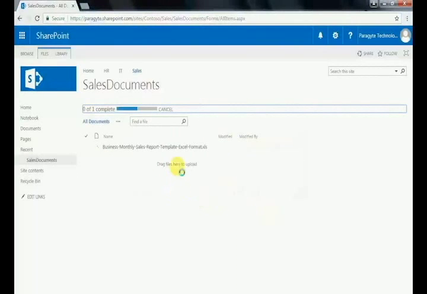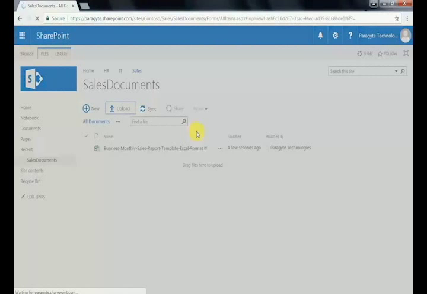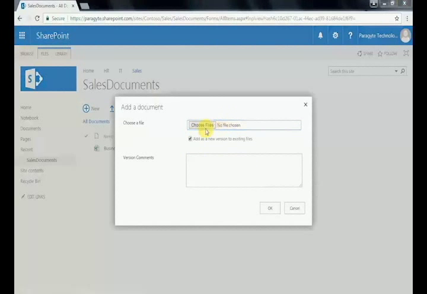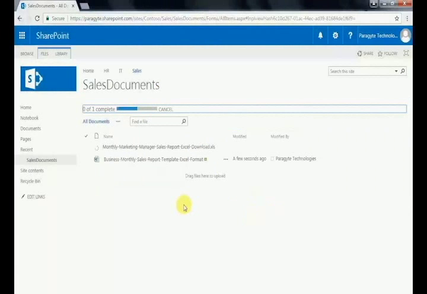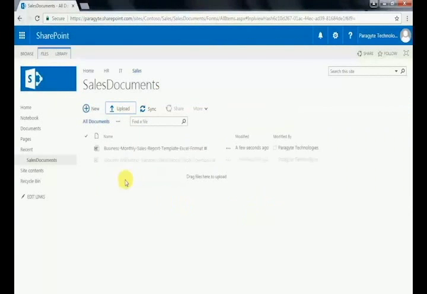then click on upload. I will upload another document that I have in that folder, monthly marketing sales report. So we are done with it. Now let's create a home page. Go to site contents,